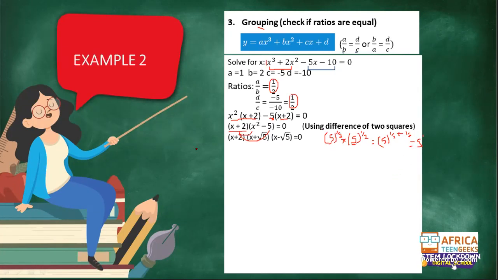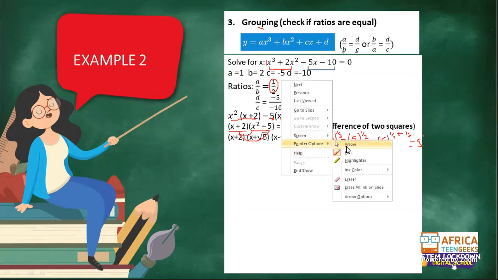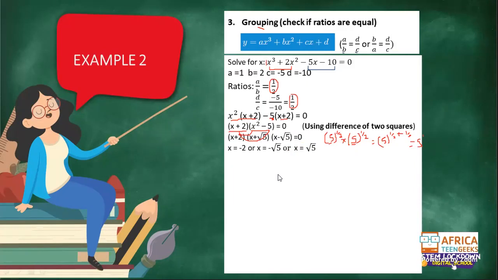But then if you couldn't see it from this step, then you can use the quadratic equation or any other method that is simpler for you. So this is how I found my root. Or using the quadratic formula, you have to show that your A, in this case, A is 1, B is 0 because you don't have a term with x, and C equals negative 5.